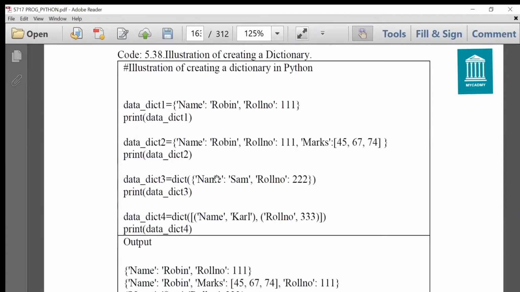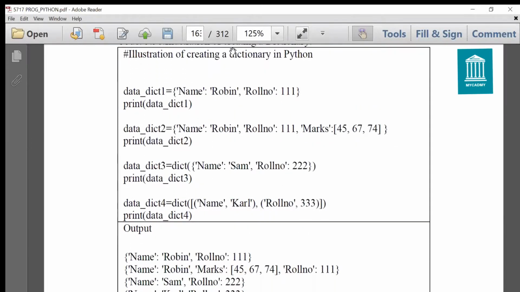It's very simple. First of all, create a variable name or object name is equal to. You have to give the value in braces as we have done in sets also. But here we are giving keys.